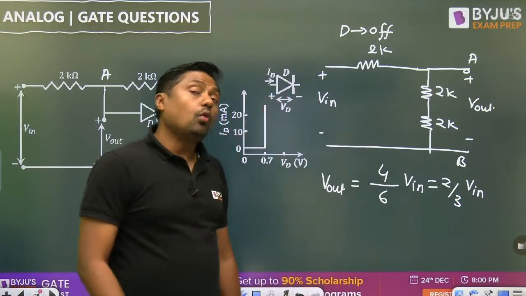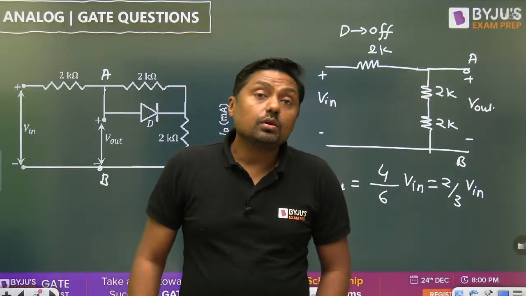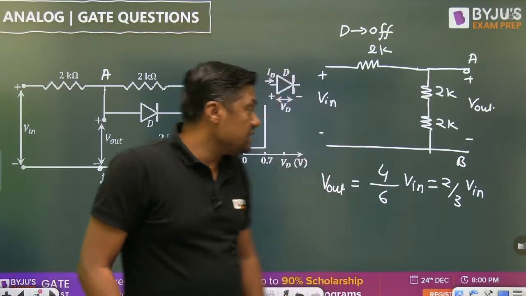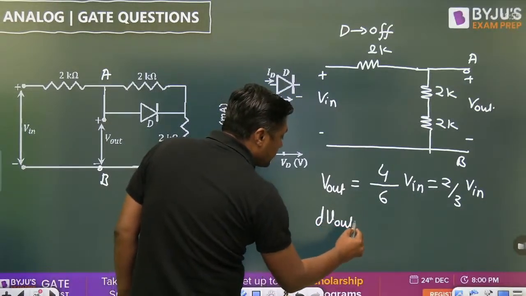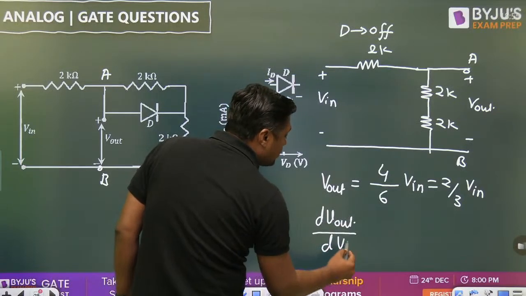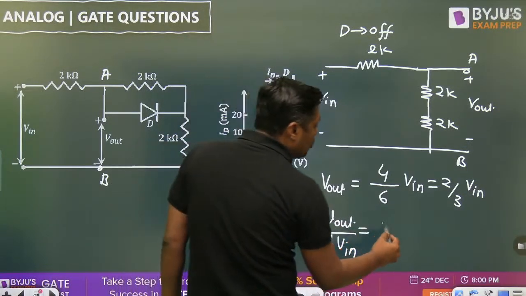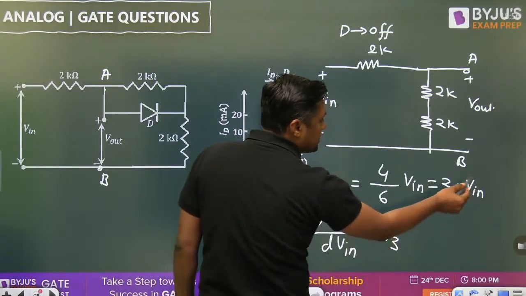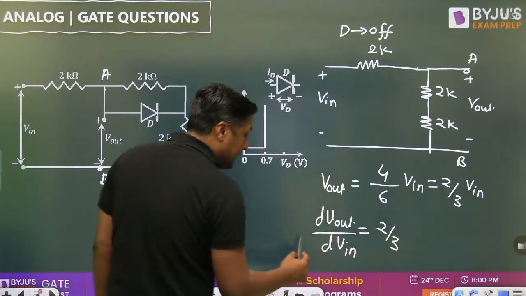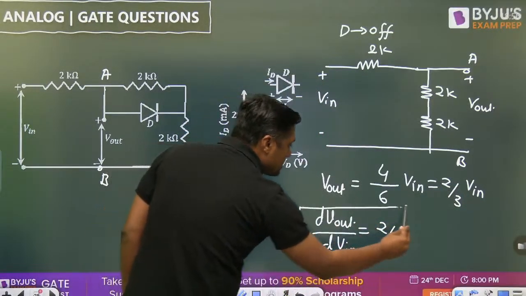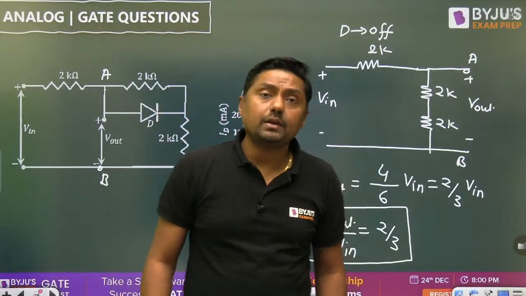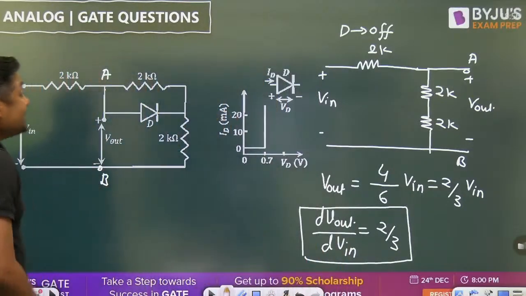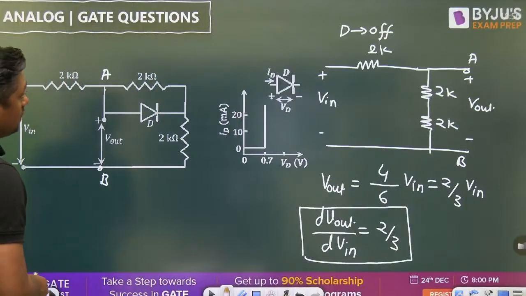Okay. Now you want the small signal change. So when we want the small signal change, then simply differentiate it with respect to V in. It will become 2 by 3, because the differentiation of V in will become 1, and that is the gain. 2 by 3. When the diode is off, the gain is what? 2 by 3. Now, in the second case, when the diode is on,